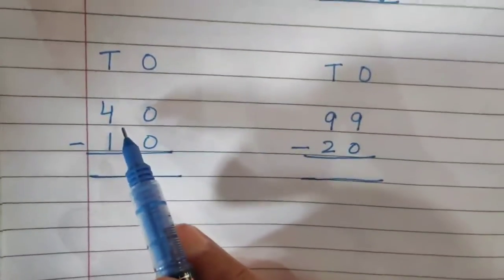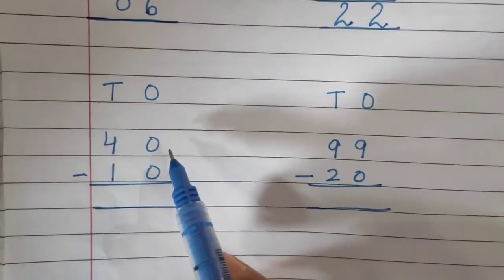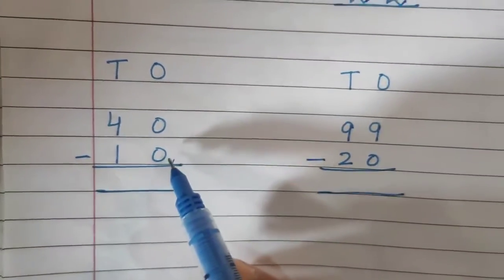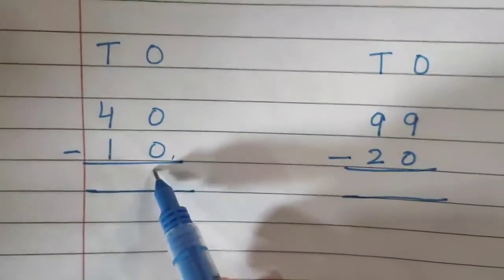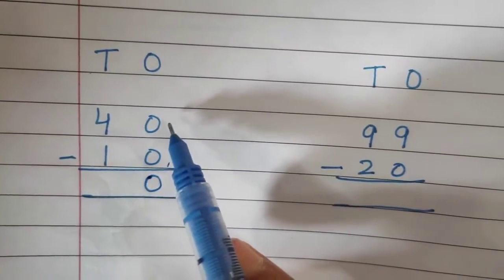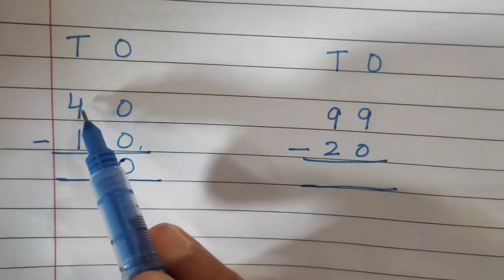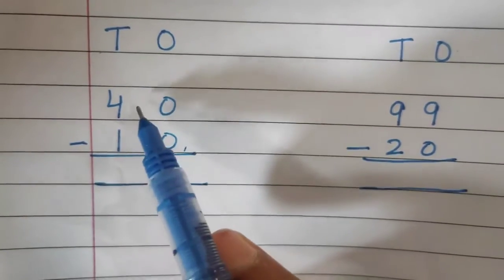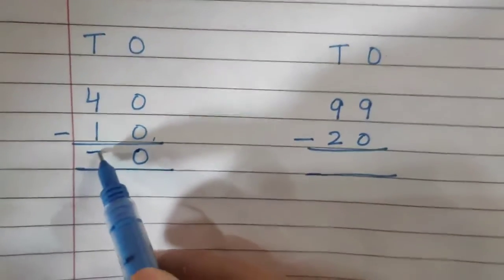In the third example, you can see that here we have the numbers 40 and 10. What is special here is that in both these numbers we have 0 at the tens place. So when we subtract 0 from 0, our answer will also remain 0. We subtract nothing from nothing, so our answer will be 0 only. Here you can see we have the number 4 and below it the number 1. We have to subtract 1 from 4. When we subtract 1 from 4, we get the answer 3.